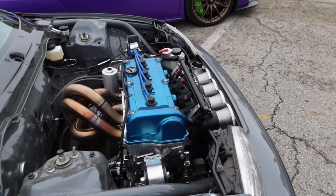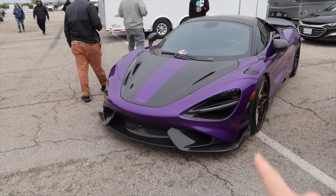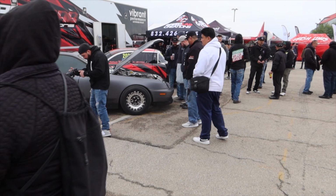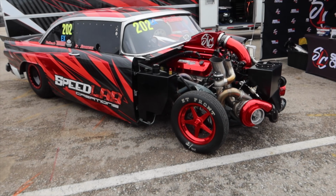Look at the engine build. How clean is this engine? That is actually so cool. Beautiful Huracan STO. We saw this modified 765 LT running the other night, and then come down here. This is a modified Fairlane with a big block Ford engine and some of the biggest turbos I have ever